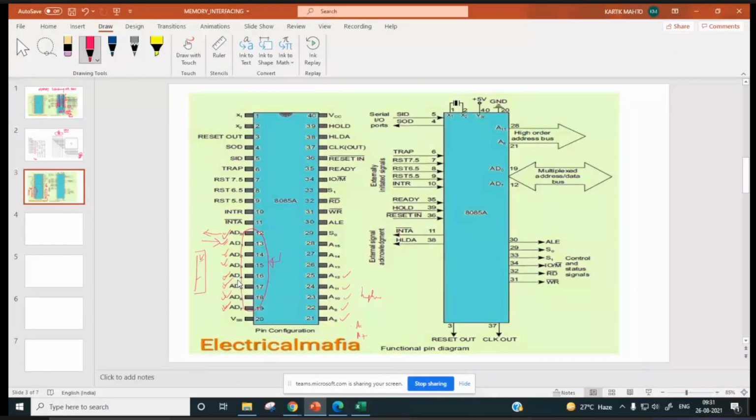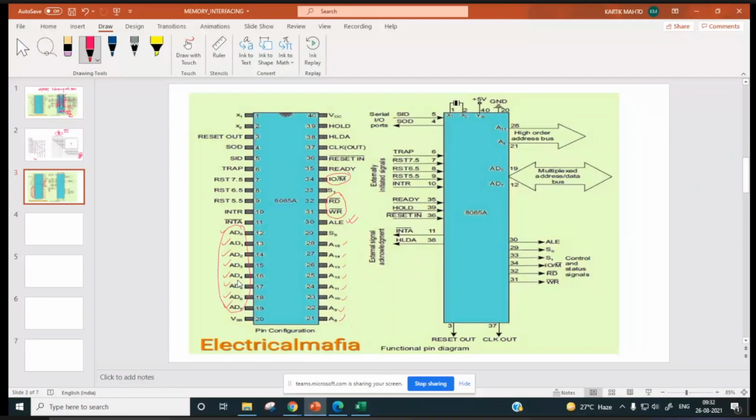Okay. So in the memory interfacing diagram, you will be seeing these pins: AD0, AD1, AD2, AD3, AD4, AD5, AD6, AD7, A8, A9, A10, 11, 12, 13, 14, 15. Along with this, ALE will also be there, because this will be used for demultiplexing this address and data bus. Read bar, write bar will be there along with IO/M bar pins, so that from where the processor wants to read the data, whether it is a memory location or an IO device, that will be there in your memory interfacing diagram.